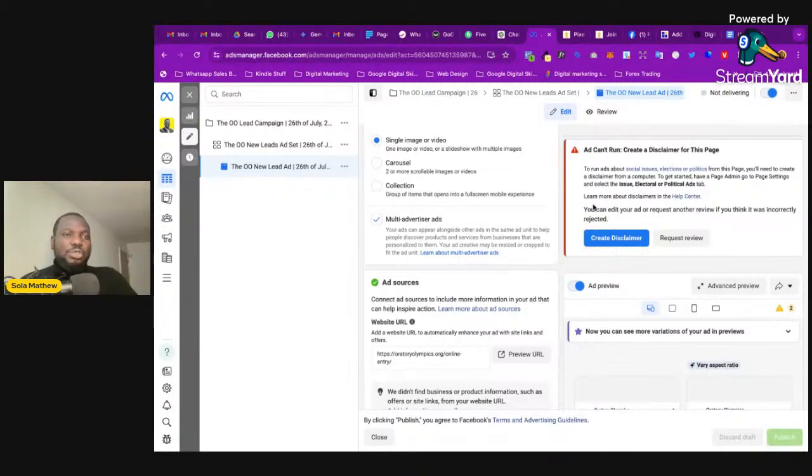When I saw that they said social issue, I just clicked on request review. But I don't want to click on request review now, because I want to settle this social issues matter once and for all. When I click on request review, a person will manually review it, and then they allow the advert to start running. That is the advert that you saw running earlier. But for this one, because it's more like a non-profit, we're going to be discussing a lot of issues. Some of them will be social issues. So I will just